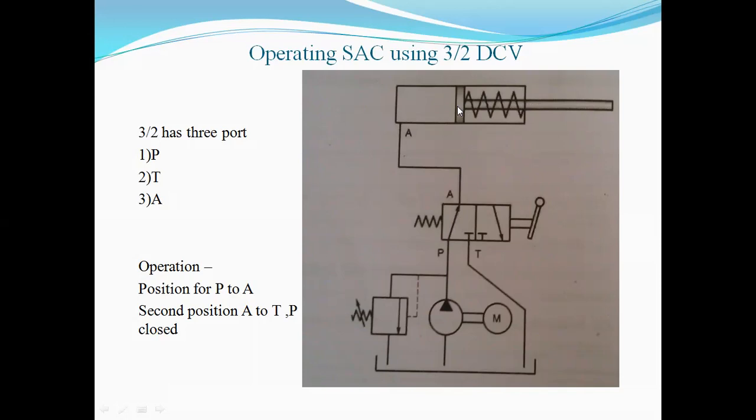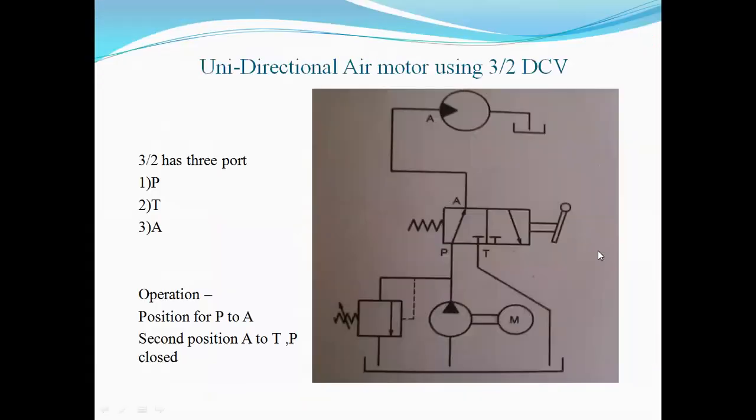Once it reaches the total forward stroke, the back pressure is created, and the 50 bar pressure goes on increasing up to 60 bar, 65 bar, and 70 bar. Once it reaches 70 bar, this pilot line will open and connect this line towards the tank again, so that all the oil will start flowing towards the tank to restore or safeguard this particular circuit. This is the use of your pressure relief valve.